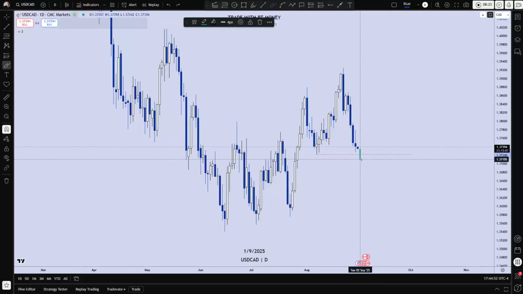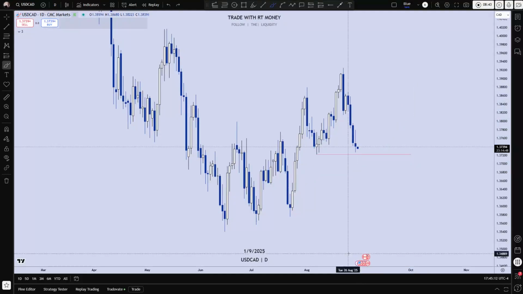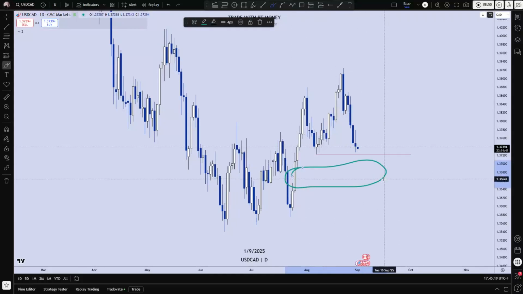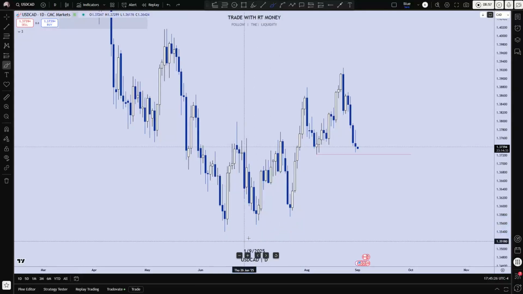Now, if price takes this low with a wick, and we go into this bullish fair value gap, this is the low that we would be expecting price to come towards as a draw. We're looking for price to move higher from there. All right, and I'll be looking for a change in the state of delivery once it gets down here. If it doesn't happen, then we'll be heading towards these ascending lows, which is a draw on liquidity.